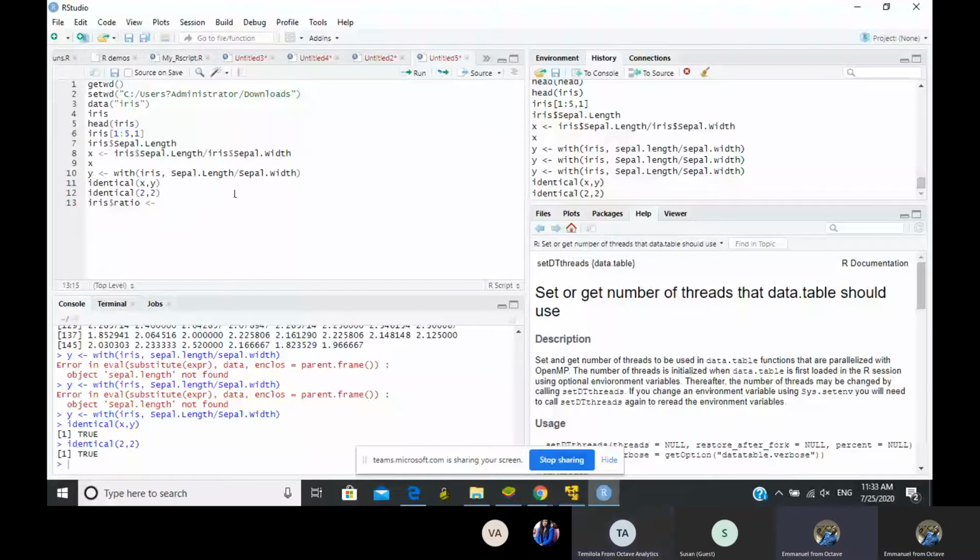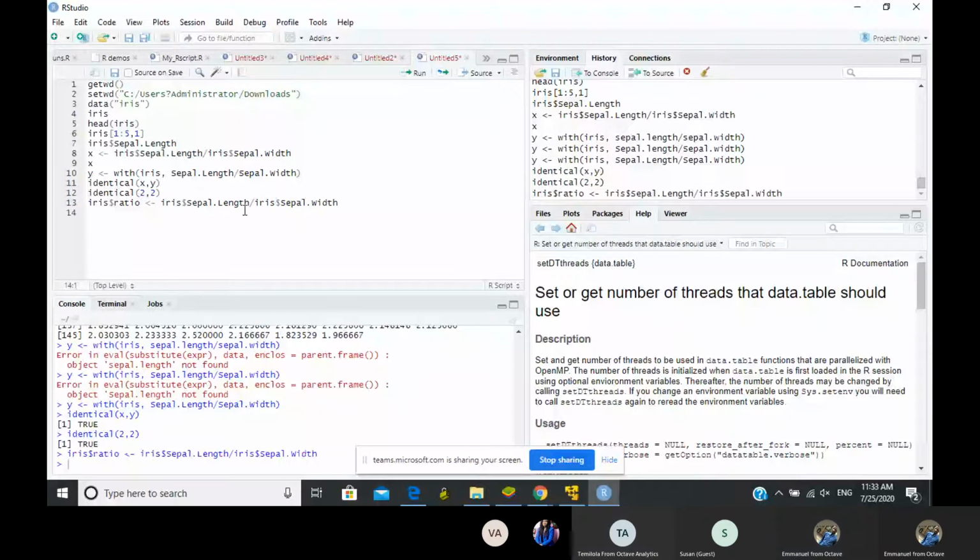This operation we did here, I can just copy this and put it here. So this is going to add a new column, ratio, which is generated with this operation, to the iris data. So if I run this, then if I say iris.head,